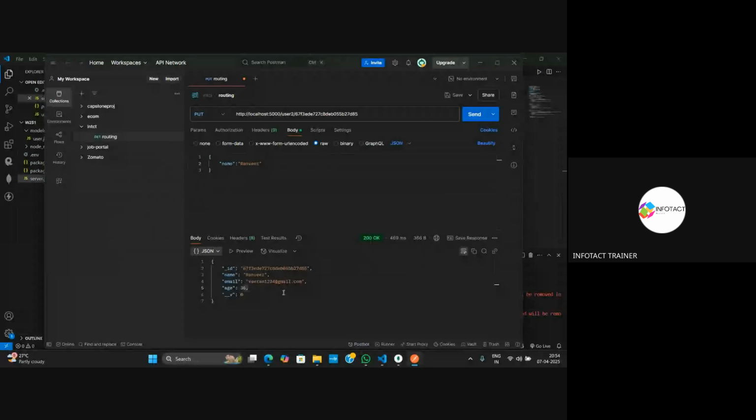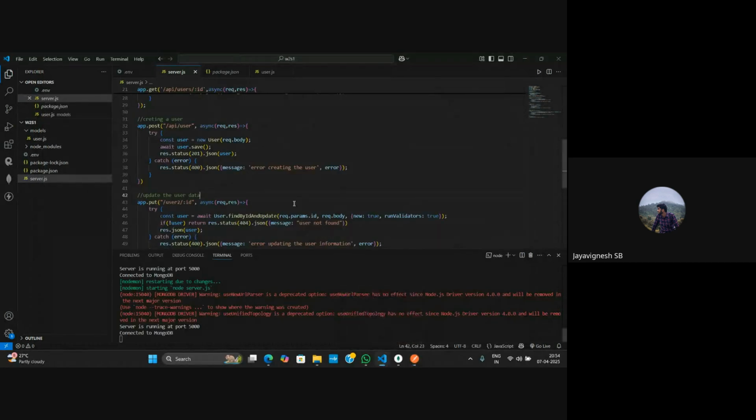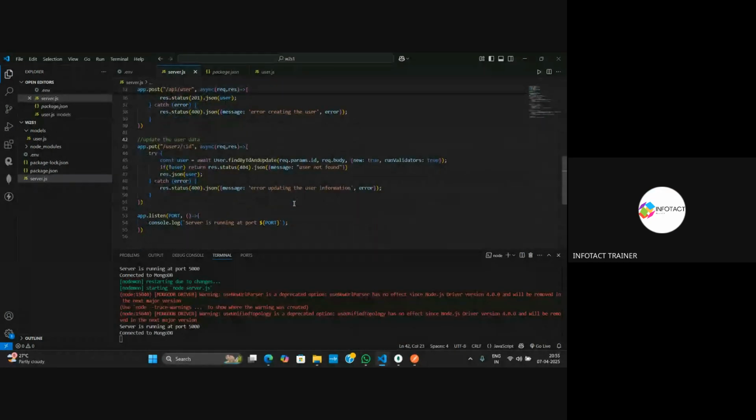Is it visible? Yes, ma'am. So what have we done so far? We have created the user. We have gotten all the data that is present inside our MongoDB. We have updated our user. And then finally, we have to delete the user if we do not want the user to be present in our database. So in order to delete the user,